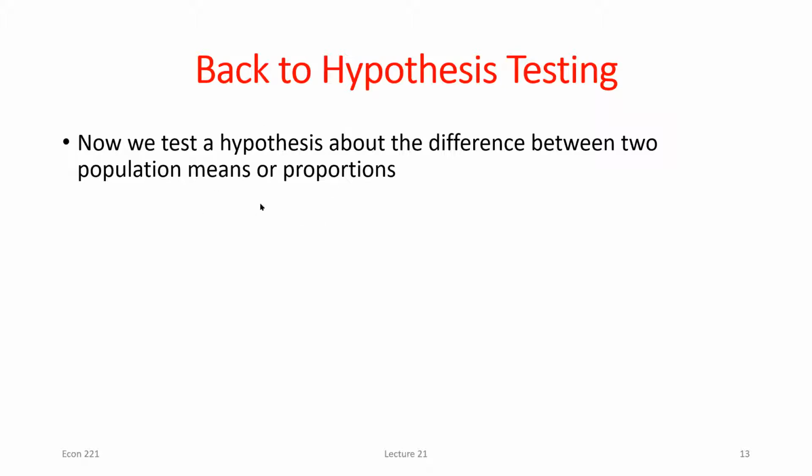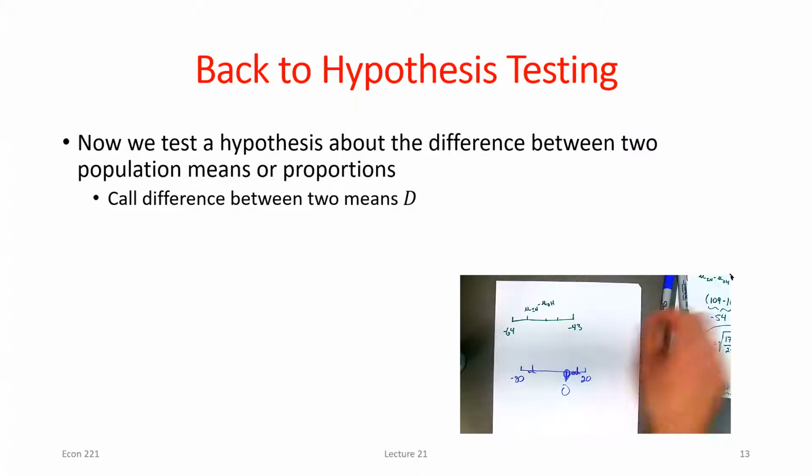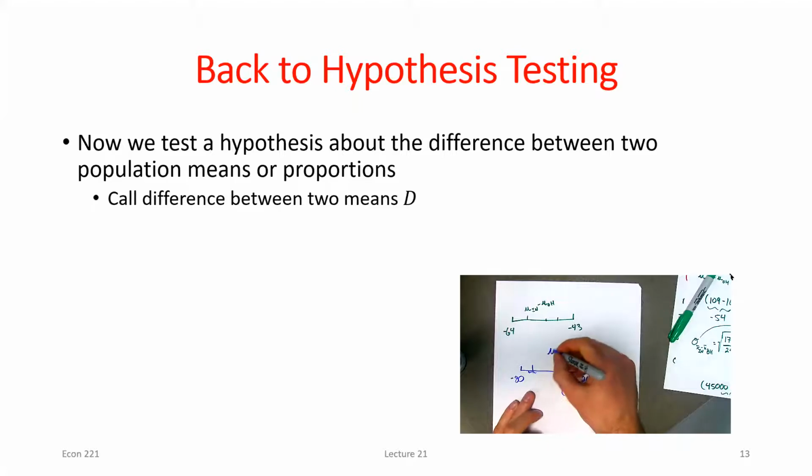So let's say we want to do a hypothesis test, right? We've got this range of values, but we want to be able to say, can I reject certain specific values? So maybe I want to do the difference between two population means, and I could even do this for proportions. Today we're just going to focus on means. We're going to call what that population difference is between the two means capital D, right? So if I'm thinking about that true difference in population means,